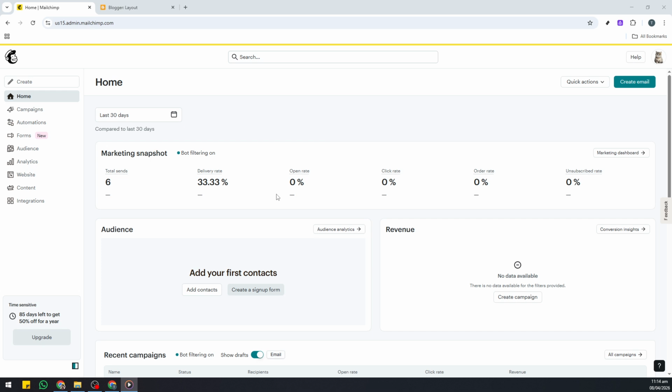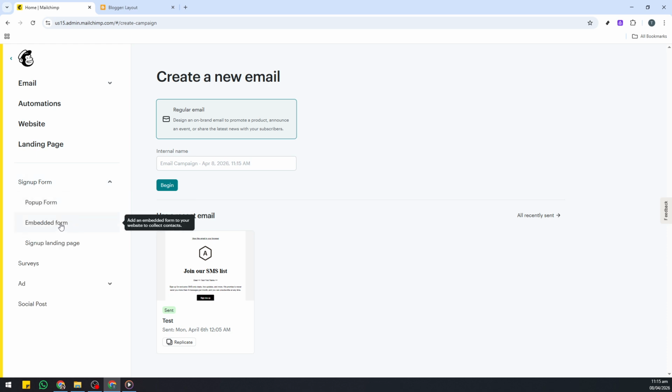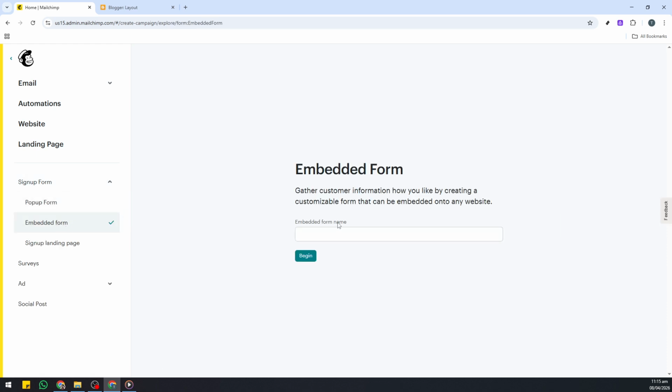Start by heading to Mailchimp and signing in. On the main dashboard, look for the Create button. This is where Mailchimp keeps all the tools for building campaigns and assets. Click Create, then choose Signup Form. You'll see a few different form types. Pick Embedded Form. Embedded forms are perfect for Blogger because they generate a small snippet of HTML you can place